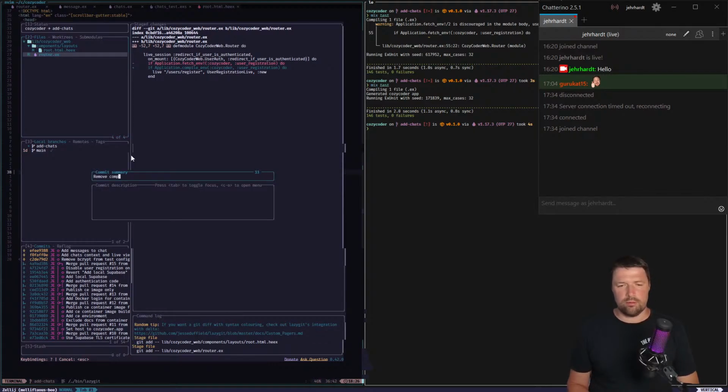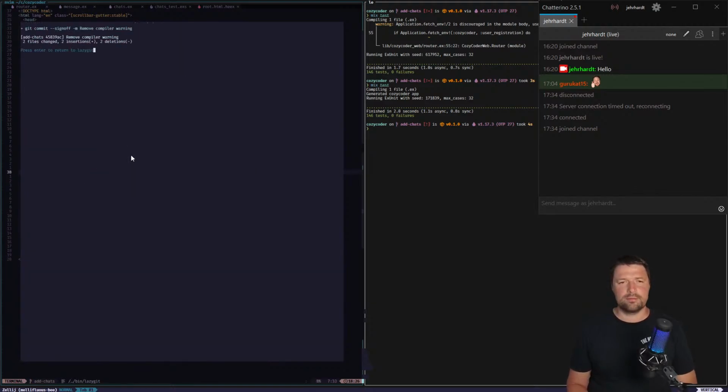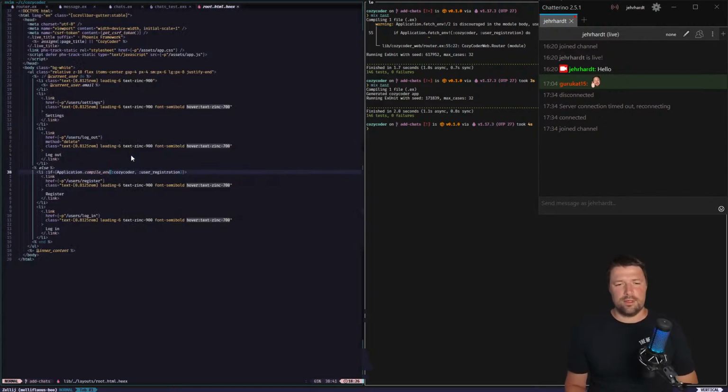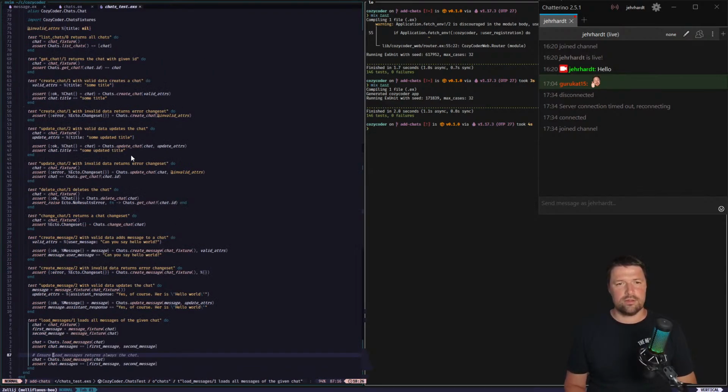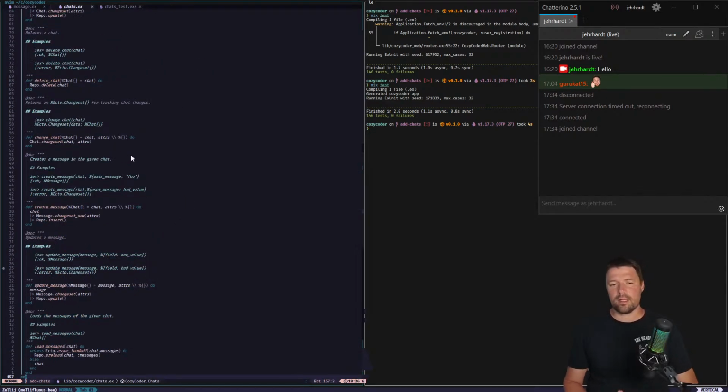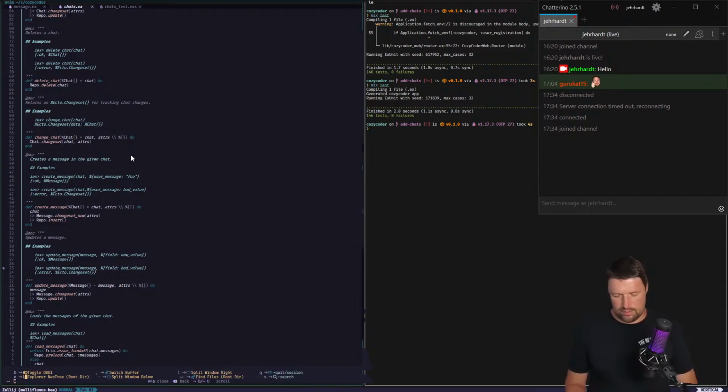Remove compiler warning. Oh, wonderful. So now we have this fixed. So we have our context ready. That's pretty nice. So next step is obviously to look into the